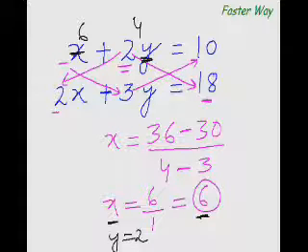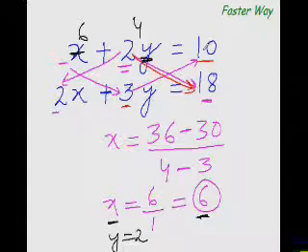You can do this mentally. Okay, so let's do it again, and this time mentally. So to find x, all you need to do is multiply this with this. So 2 times 18 is 36, and then subtract from it the product of this and this. 3 times 10 is 30. 36 minus 30 is 6, isn't it? Alright, now to find the denominator, all you need to do is multiply this with this. So 2 times 2 is 4, and 1 times 3 is 3. 4 minus 3 is 1. So x equal to 6, isn't it?